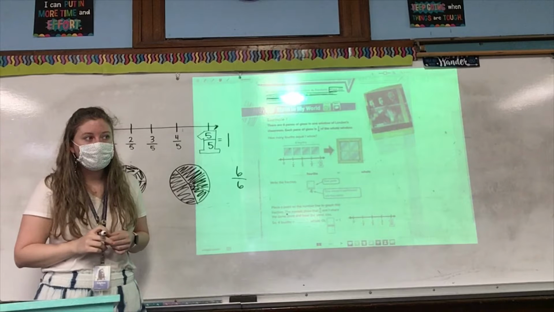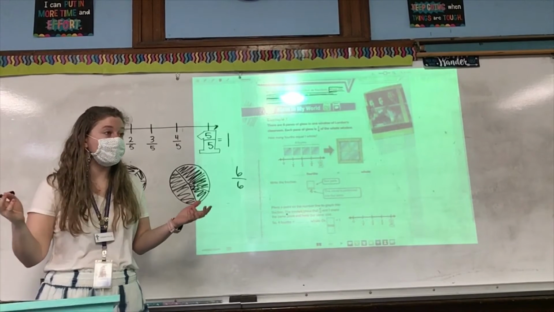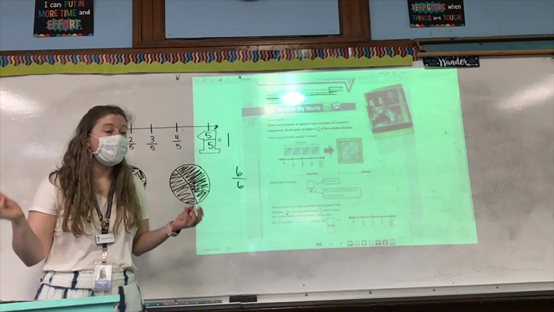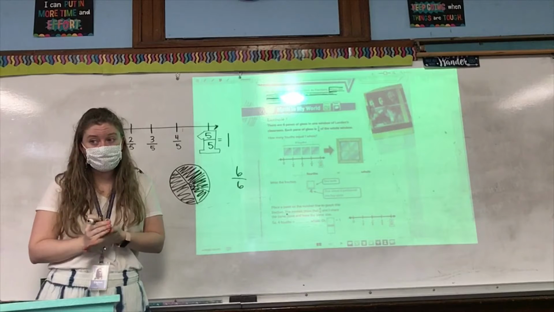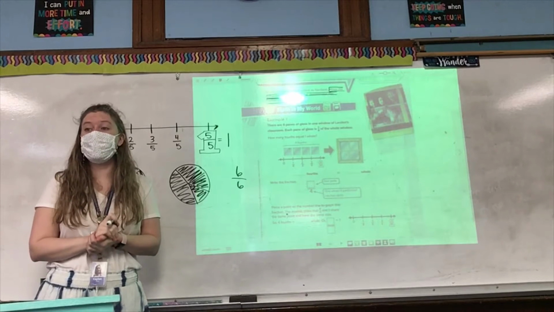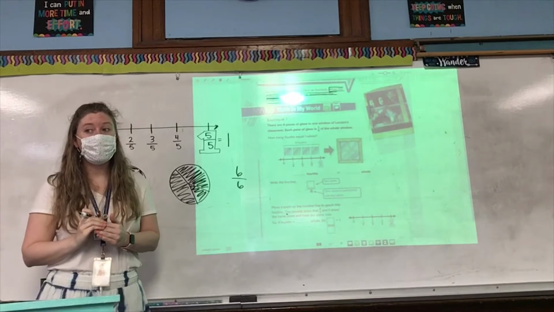Zadie? The denominator has D at the beginning, which stands for down. So that means the denominator is on the bottom. Remember, denominator has a D. Down starts with D. So the denominator is down below the,